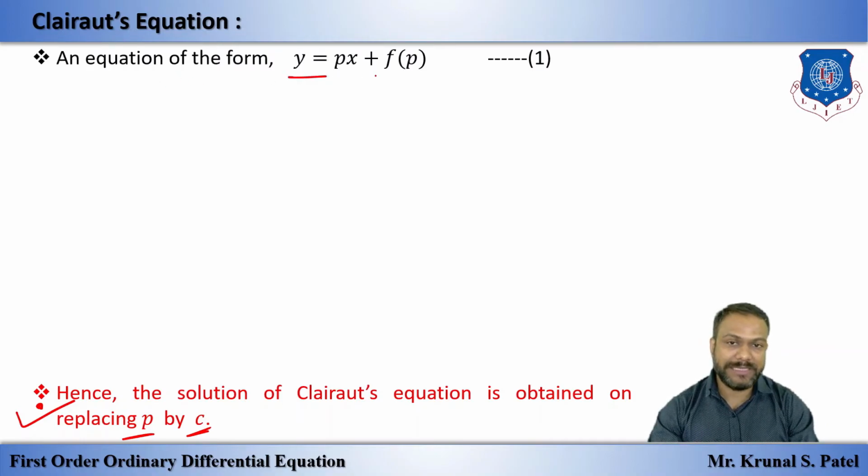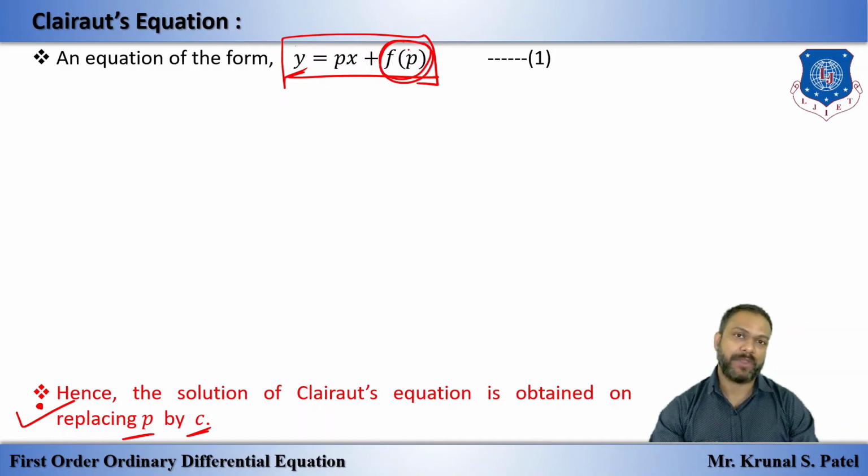So the equation of this special form. Other than this, if you get any power or anything else, it is not Clairaut form. In Clairaut form, we have just y raised to 1, that means y only, is equal to, not minus, always plus px, that means p raised to 1, x raised to 1, and plus a function of p only. Here only a function of p or a constant will be there, but x and y are not here. And a function of p means log p, p square, p cube, anything will be there. But here y raised to 1 is positive, p raised to 1, x raised to 1 is also positive, and this might be negative.